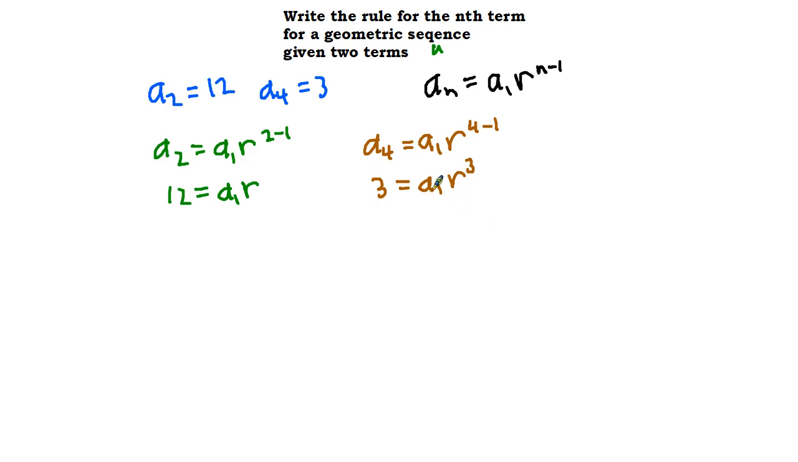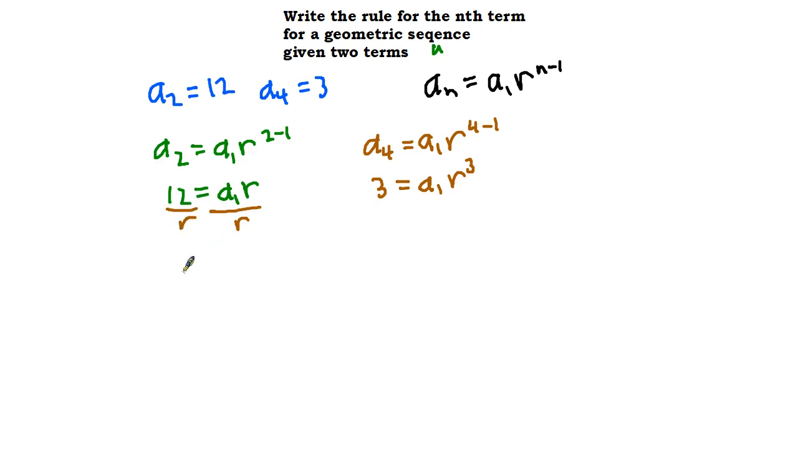And so now we have these two equations that have an a sub 1 and an r in them. What we can do is figure out what one of these things is, and then we'll either solve for a sub 1 or r, and then we'll substitute that result into the other equation. So let's go ahead and try. I'm going to try to get a sub 1 by itself. So that's going to be over here, if I divide both sides by r,